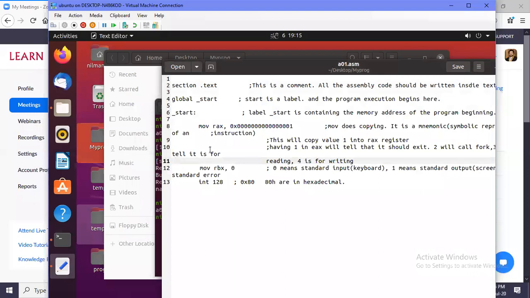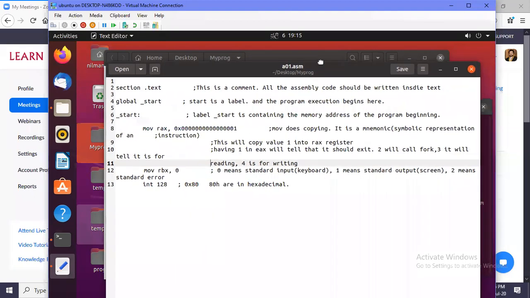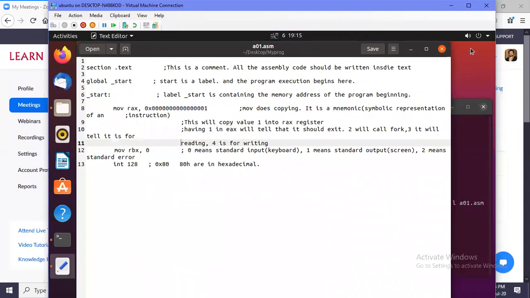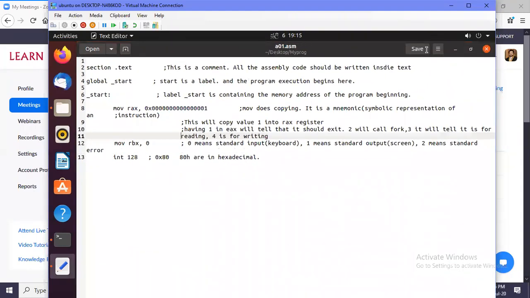Debug means correct errors. Here it is expecting an instruction, but the fact is I have written so many comments here. When a comment goes to the next line, it has not been identified as a comment, but as an instruction.